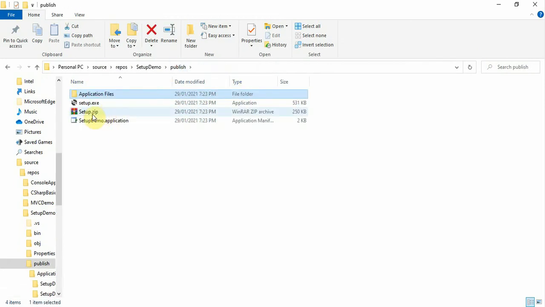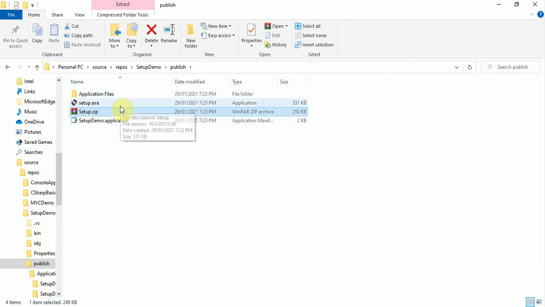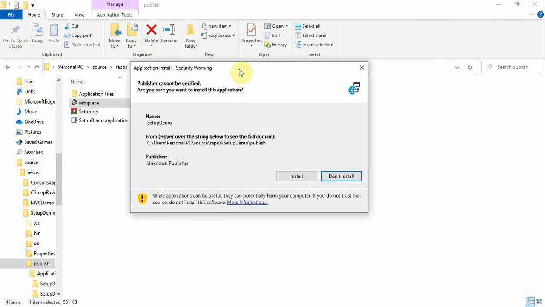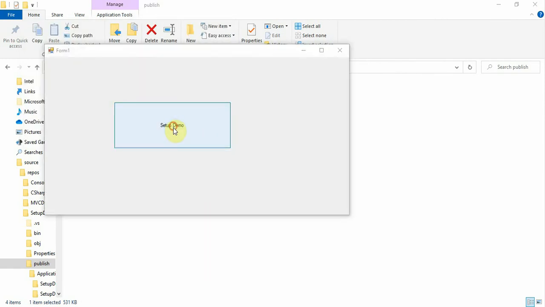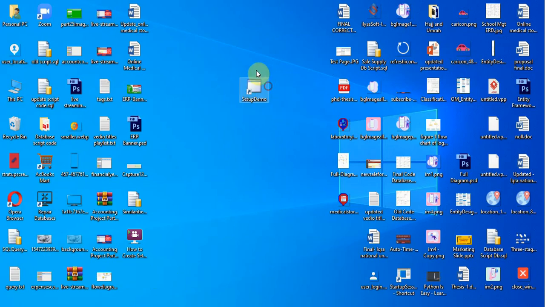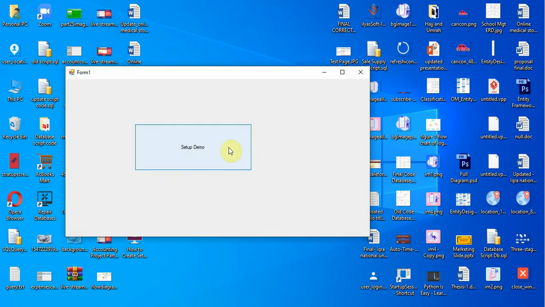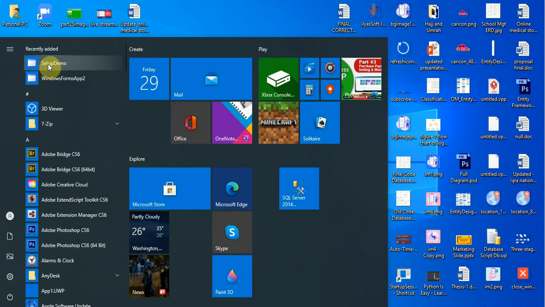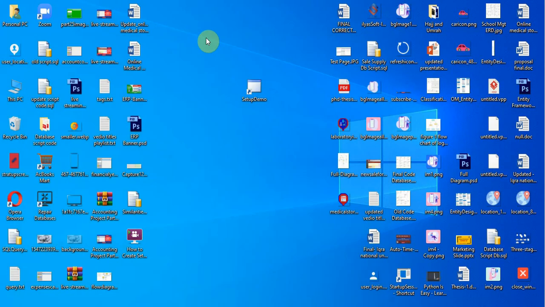And if you want to install this file, then copy this file to your client system, and now click on this set of files. So here you see the application is installing, and now click on the install button. So here you see the application is working successfully. Let me check. Close all the files. Here you see this is the shortcut demo, the shortcut which is created on the desktop, and see here this is the setup demo. So this is the method, meaning how to create the exe file or setup file of your applications.